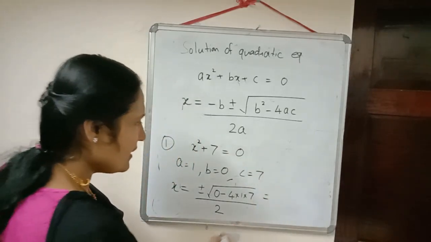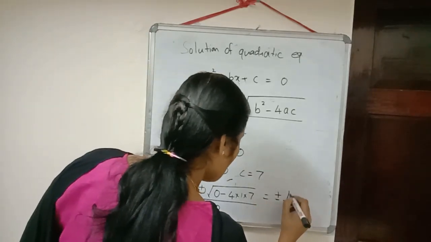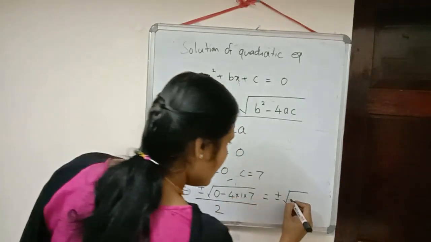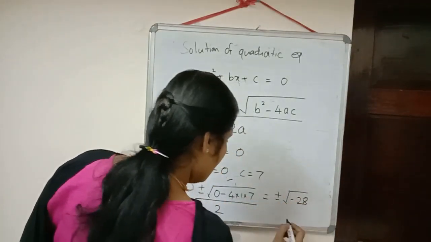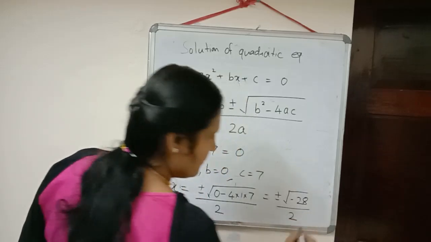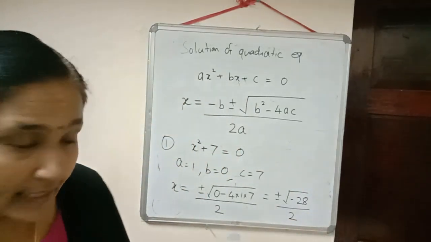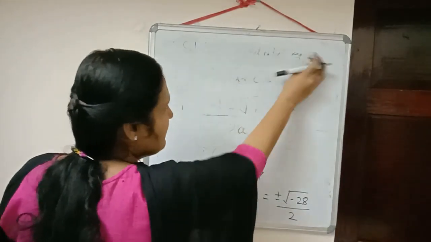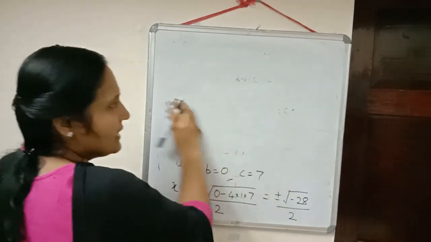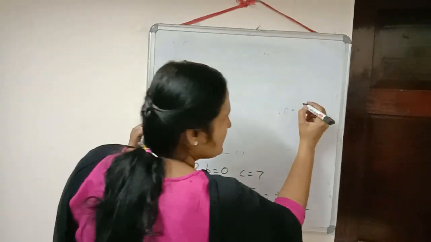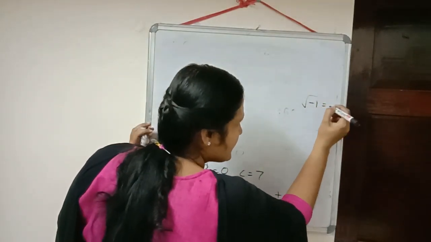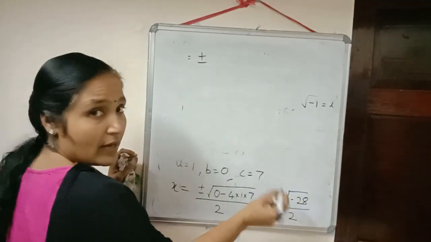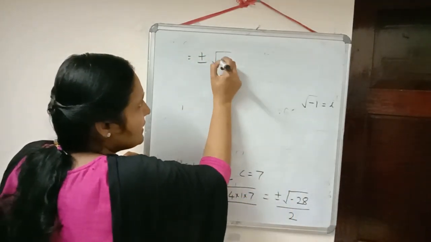So what will come here? Plus or minus square root of 4 sevens are minus 28, by 2. So what are we getting here? We are getting a negative number inside the square root. We know how to rewrite a negative number: we know square root of minus 1 is i. So plus or minus square root of minus 28 can be written as